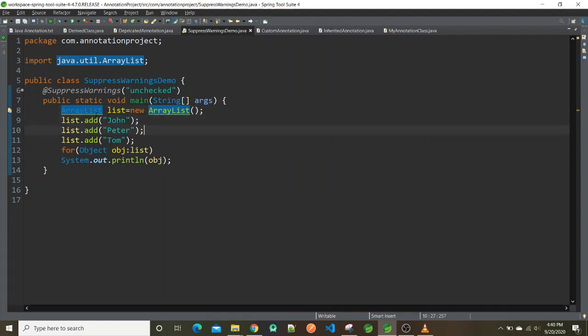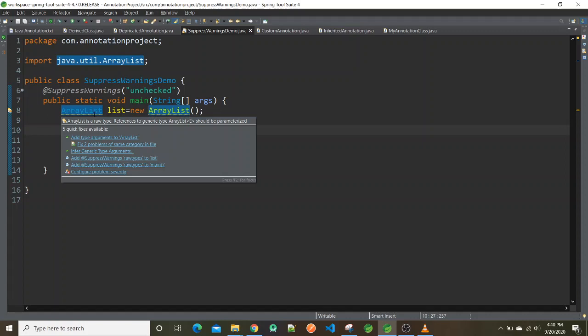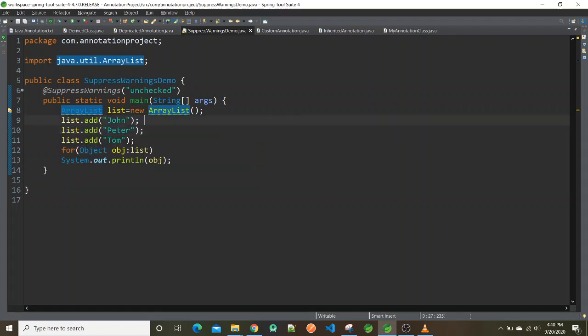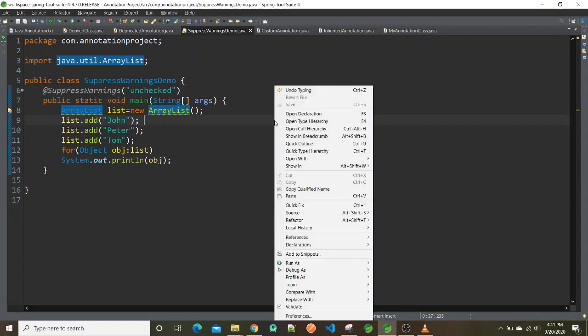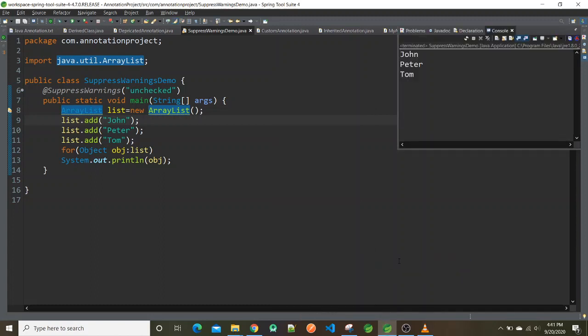So here you can see the compiler is actually telling that reference to generic type ArrayList<E> should be parameterized. But even if we haven't given this, because we have given the SuppressWarnings annotation, it won't complain and it will give the output as it was before.